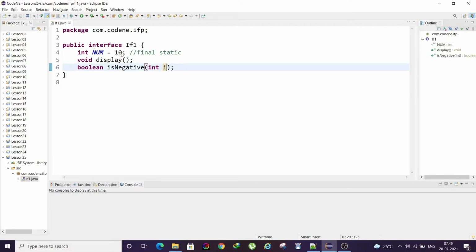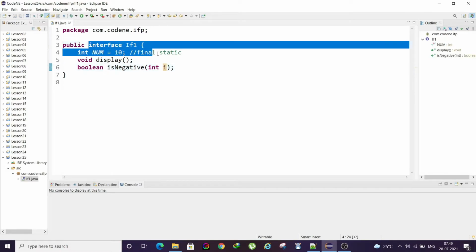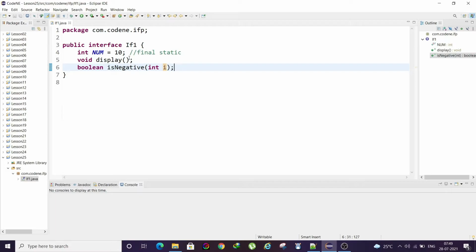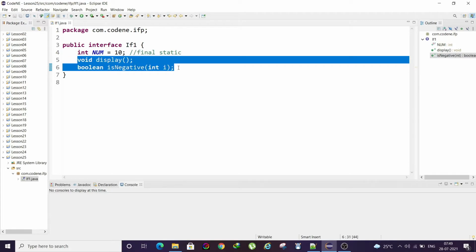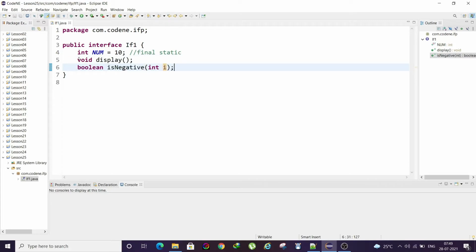So here as you see we have an interface, and you have two abstract methods. You don't need the abstract keyword here, like you need in an abstract class. In an interface you don't need to declare it as abstract, because by default these methods will be abstract only.